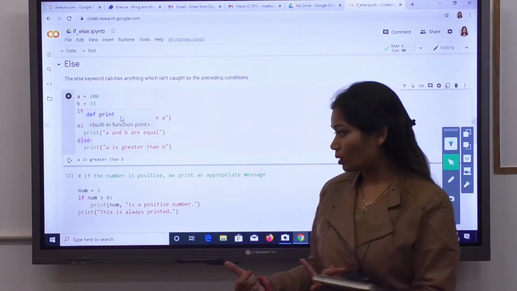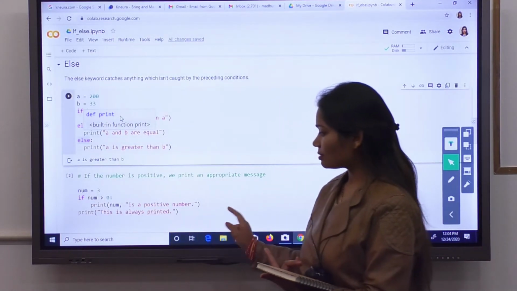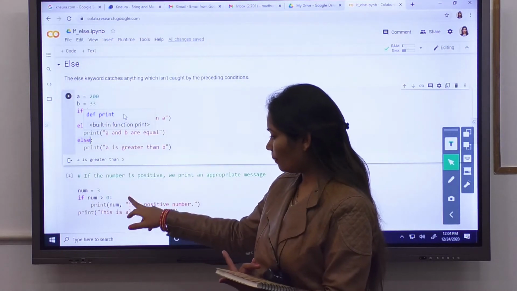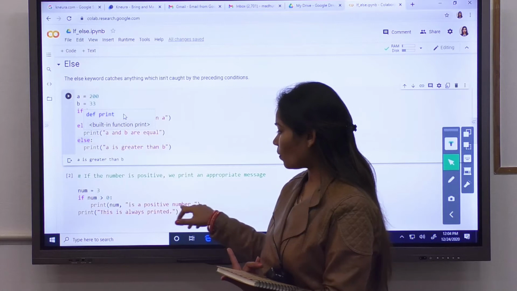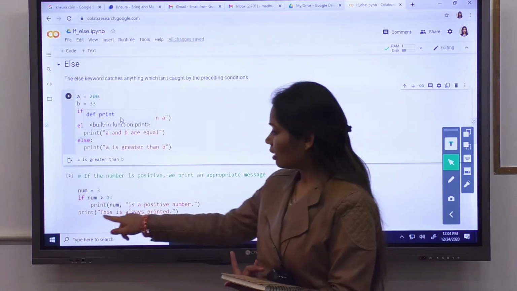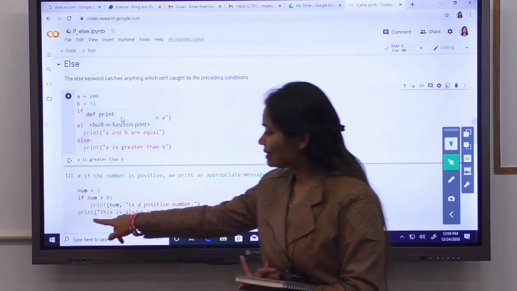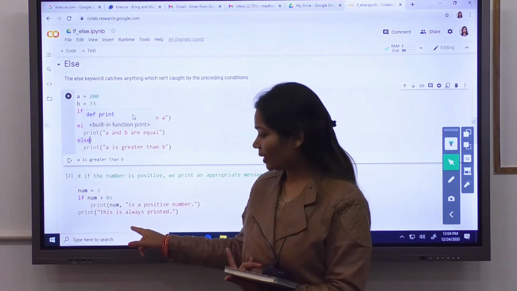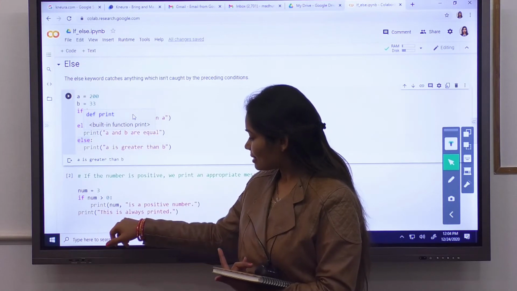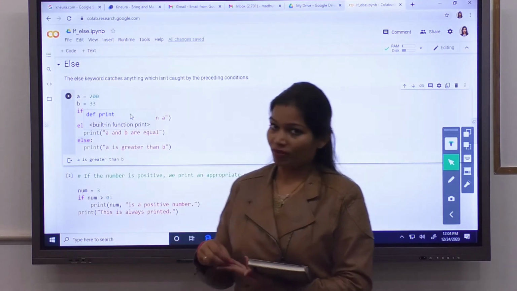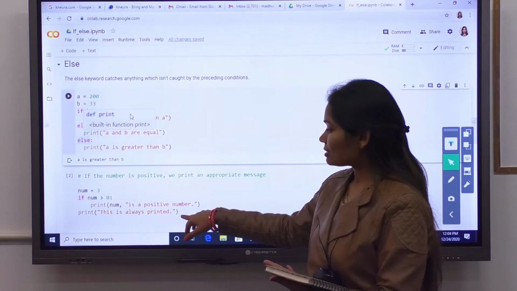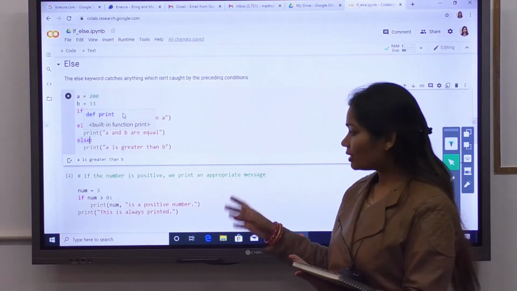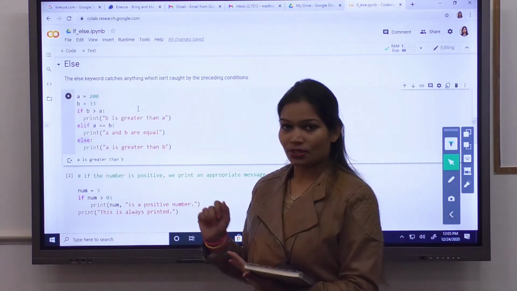You can print number comma double quotes is a positive number, and this line will execute in every case, because this is not a part of the conditional statement. It will always print, because this line has no relation with the conditions. Whether the condition is false or true, print will always execute.